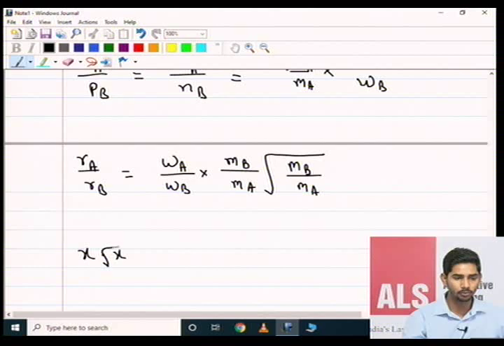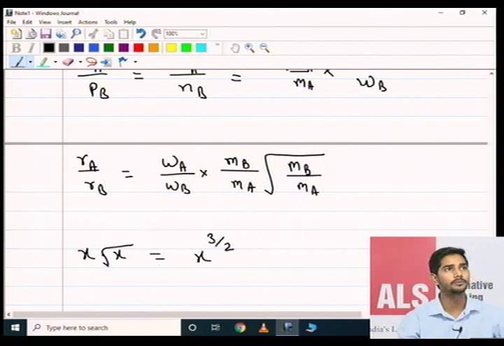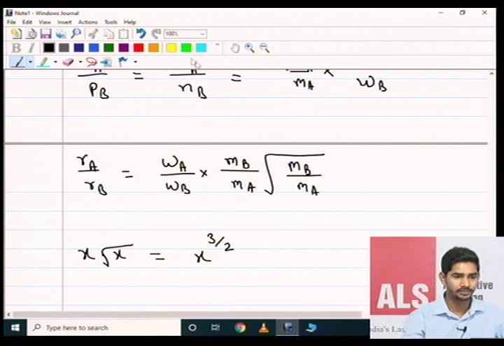Can x into under the root x be written like this: x to the power 3/2? First of all, confirm it to me, guys. Can I write x into under the root x equals x to the power 3/2? Is it clear to everyone? Okay, that's fine. So guys, similarly I'm writing that